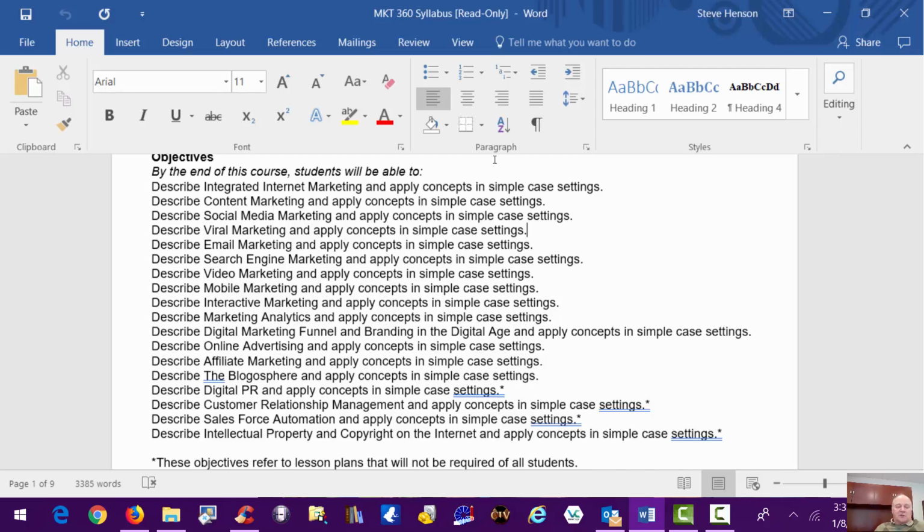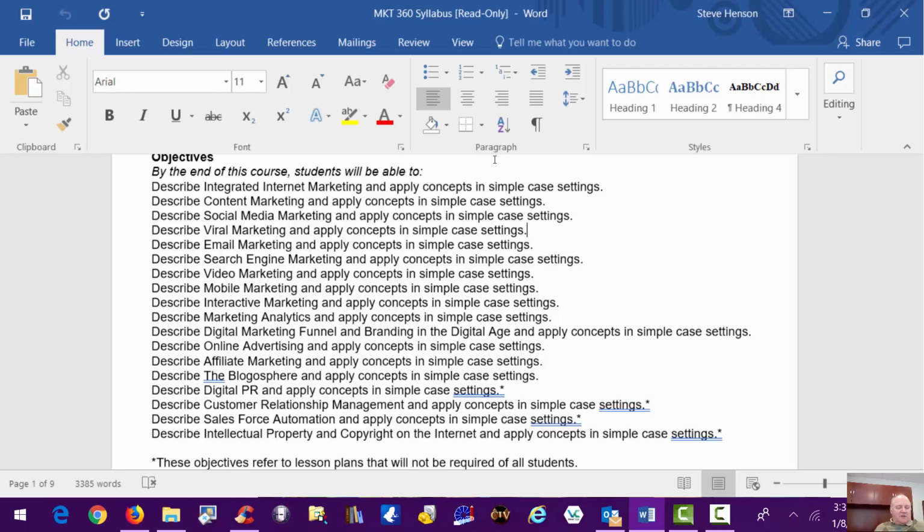We're going to be introducing and familiarizing you with a lot of topics, looking at some of the latest writings and the latest activities in real field marketing, and then we'll be giving you simple case settings to give you some practice in those.